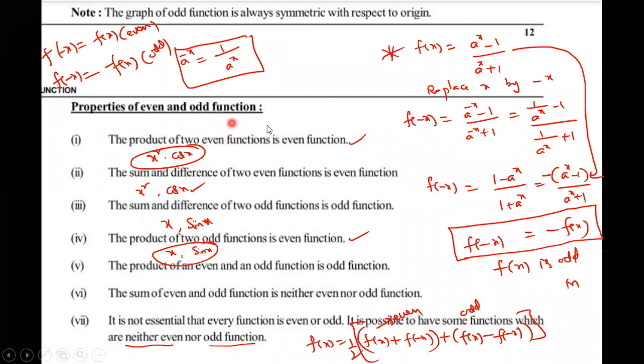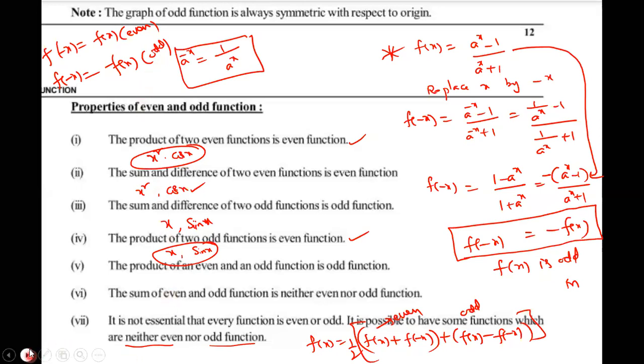Properties of even functions and odd functions. These are very important. This is the proof. See, a power x minus 1 by a power x plus 1. It is an odd function. Okay, so these are the examples. Not only this one, you can take any example, verify whether properties are satisfied or not, true or false, like that. See, some people are confused, that's why I'm giving this. Even means what? f of minus x is equal to f of x. Odd function means what here? f of minus x is equal to minus f of x.